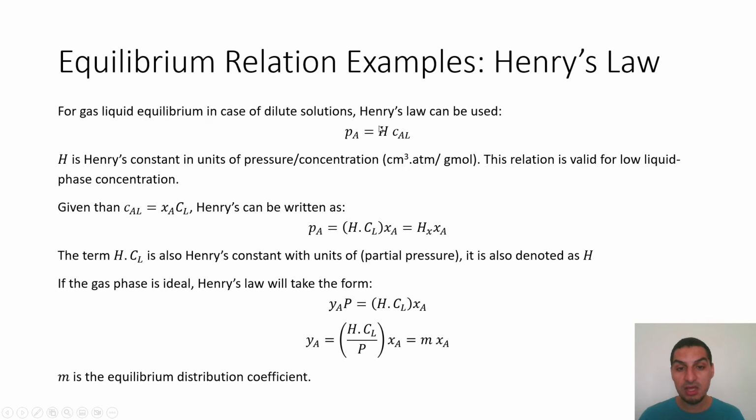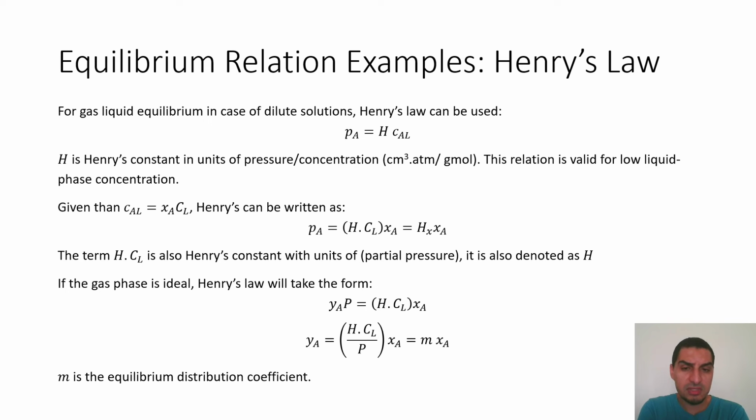So this is Henry's constant, which has units of pressure divided by concentration. So it's centimeter cube atmosphere per gram mole. If you multiply it by concentration, which is gram mole per centimeter cube, we'll end up with atmosphere. And this is a